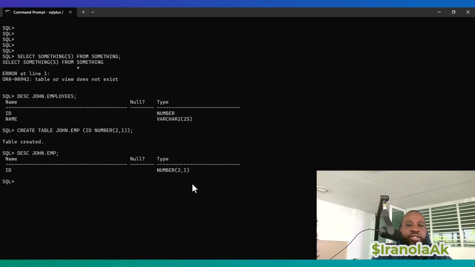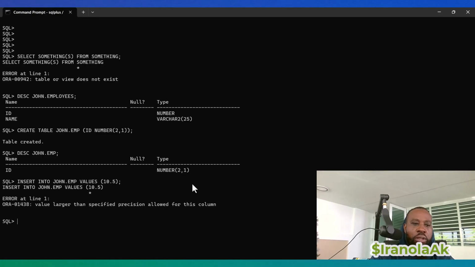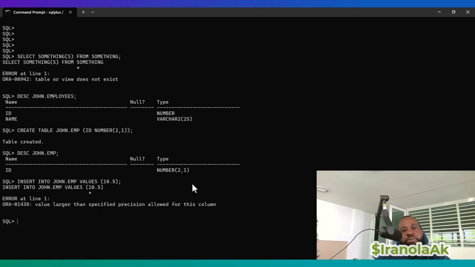So this number could be 1.5. In fact, let me test that real quick. So if I do insert into john.emp values, I do 10.5. Watch this. See that? Value larger than specified precision allowed for this column. See that? But now if I do this, insert into, and I do 5.5,